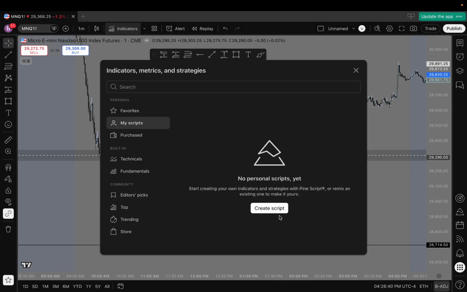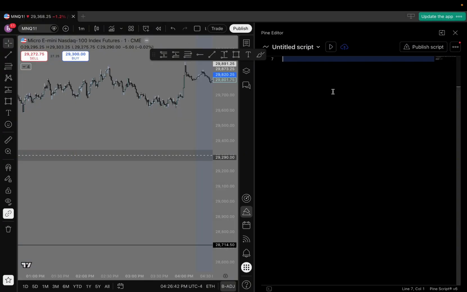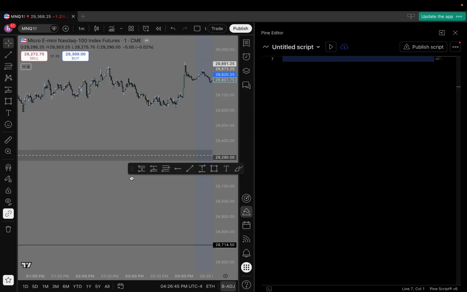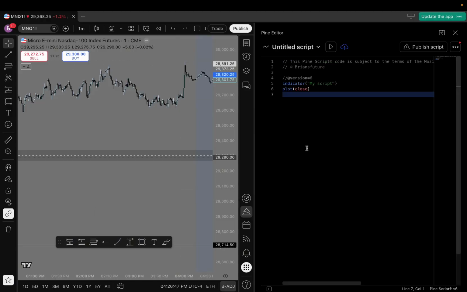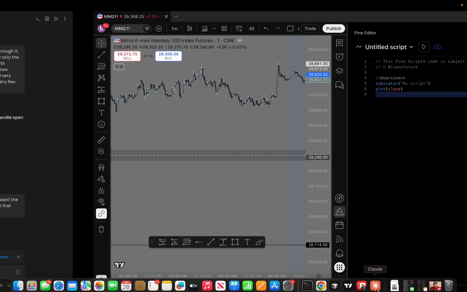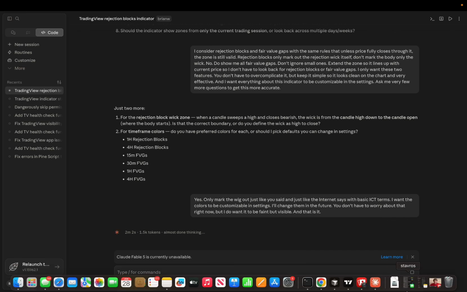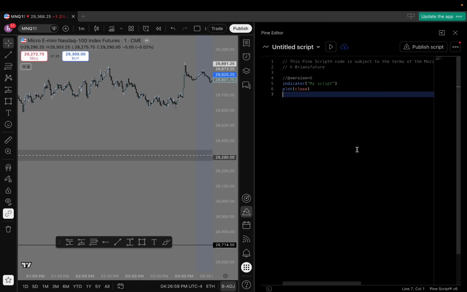Yeah, I'll just delete that for right now, and I'll create script. So this right here, when you create script, this is our terminal. This is our Pine script editor. This is how we're gonna make the indicator. Claude is gonna give us code, and we're going to copy and paste that code into here. And if there's any errors with the code, so the indicator wouldn't work if it had errors, you'll see red